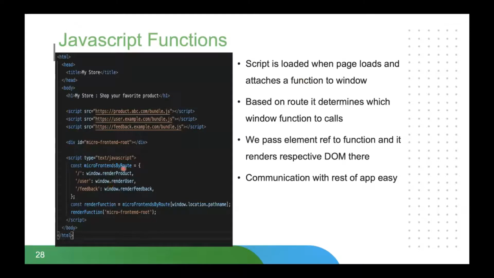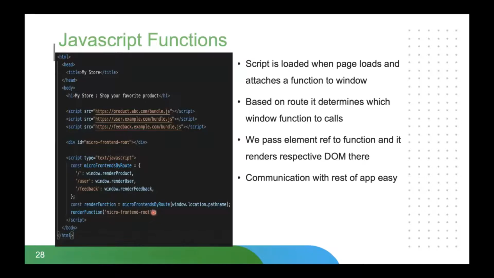A container can talk to the micro frontend, and the micro frontend can talk to the container and also the other micro frontends. So there is some kind of contract here. As you can see, the container is passing one ID, the micro frontend route, and the micro frontend is rendering its application to this route, this element only. In the same way, we can also pass some events and properties that the micro frontend can use.